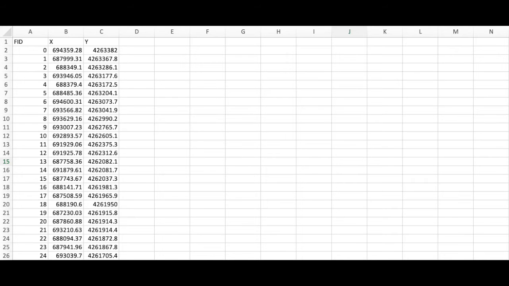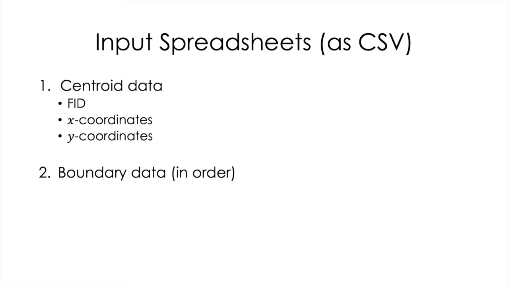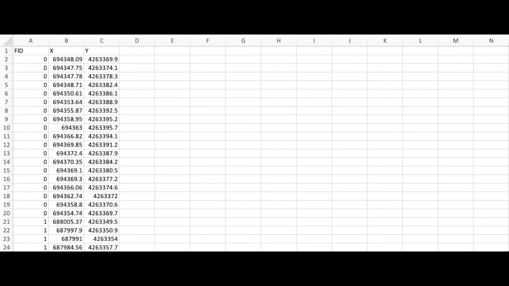Here is an example. The second input file contains the data for the boundary points of each region. Note that these points must be in order so that they trace the boundary. It doesn't matter if it's clockwise or counterclockwise. The column headings here are the same as for the centroid data. Here is an example. Note that all of the values for region 0 are given first, followed by region 1,